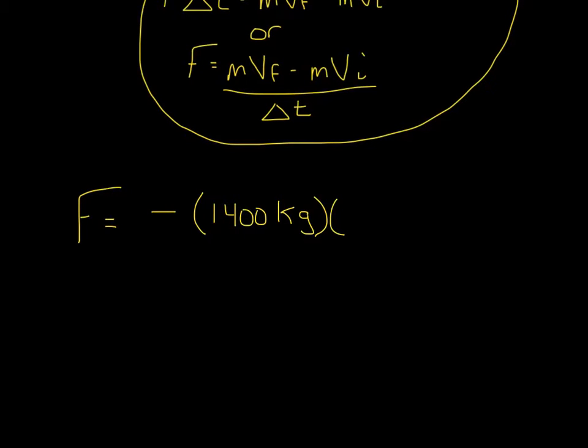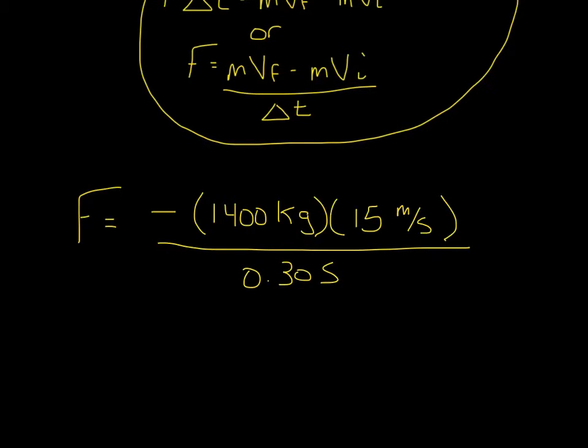My initial velocity on this one was 15 meters per second to the west. We'll take a look at the west part in just a second. All over 0.3 of a second. Now if we plug this in, what we end up getting is negative 21,000